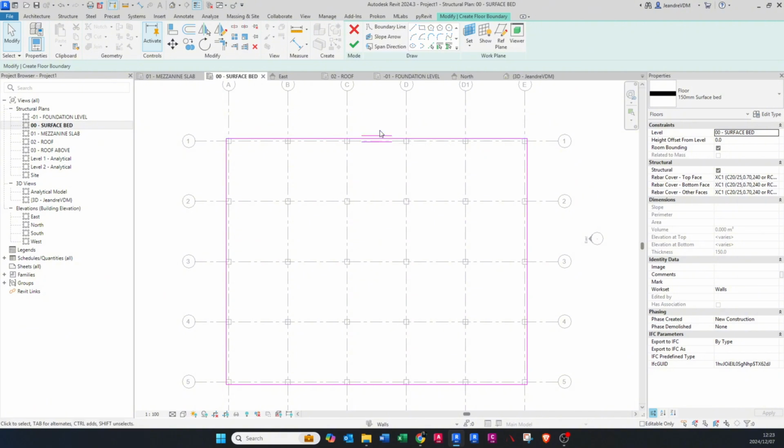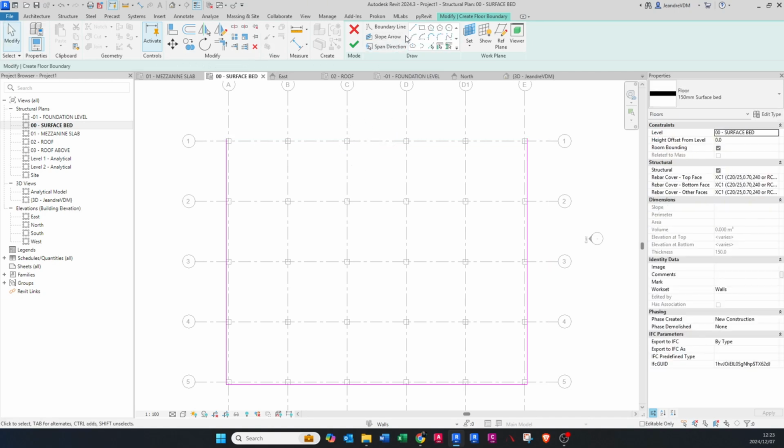So what that means is if I go to span direction, I must click on this and select the span direction. You can select any line. But if you don't have a span direction selected, Revit will not let you finish the function. It will tell you to choose a span direction. So just note that